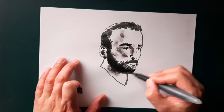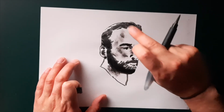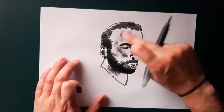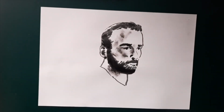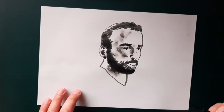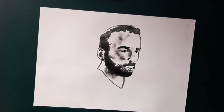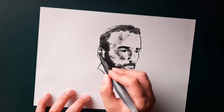It doesn't hurt to keep adding black to these areas, because I'm not doing it to the top of my hair. That's not where I'm adding black to create wet ink to dip my finger into. And the places which I am adding ink is either on the left hand side of my hair where shadow would be, or on the bottom of my beard where the shadow would be also, which is good because that should be a blacker area than the other side as well,